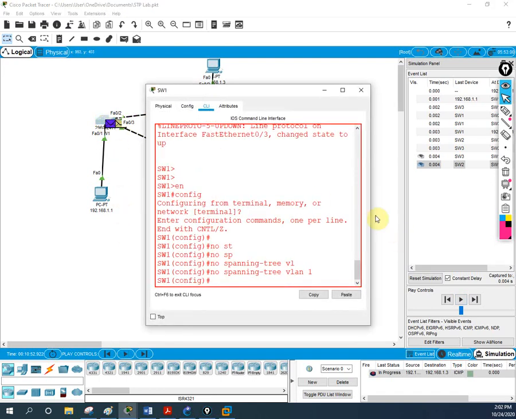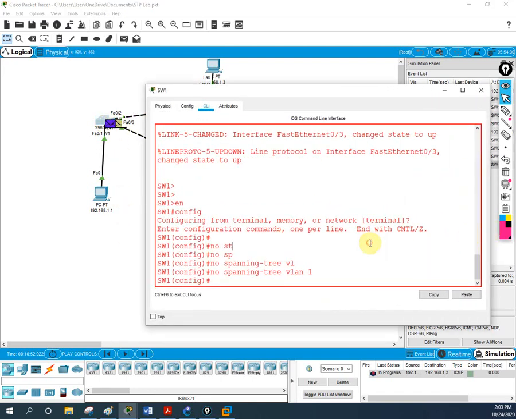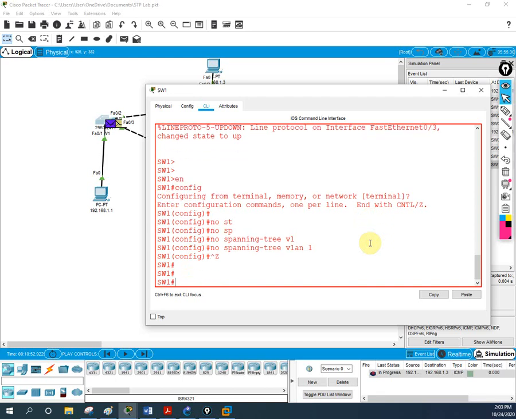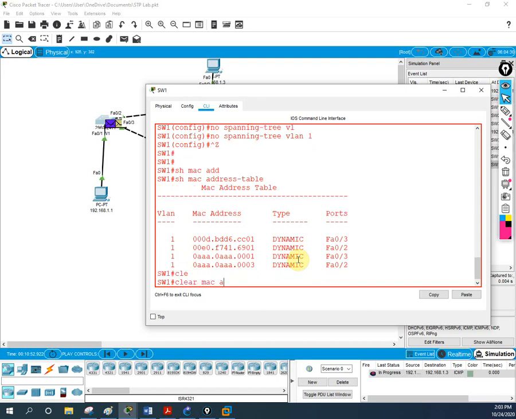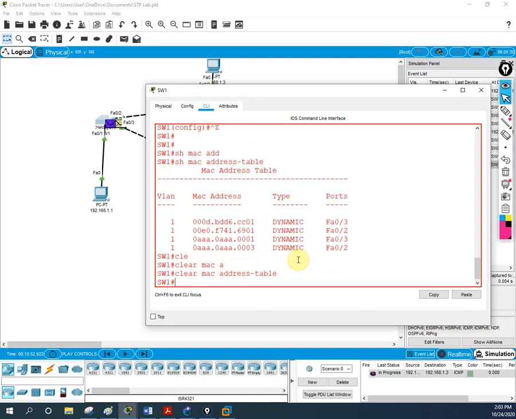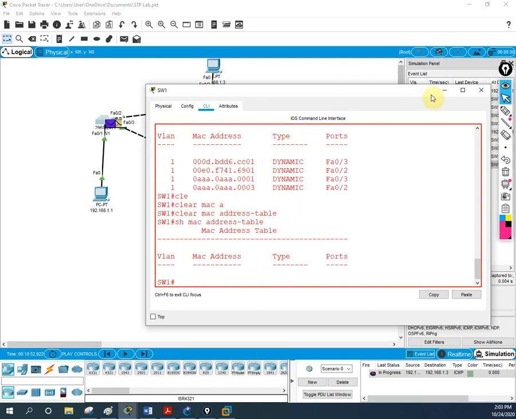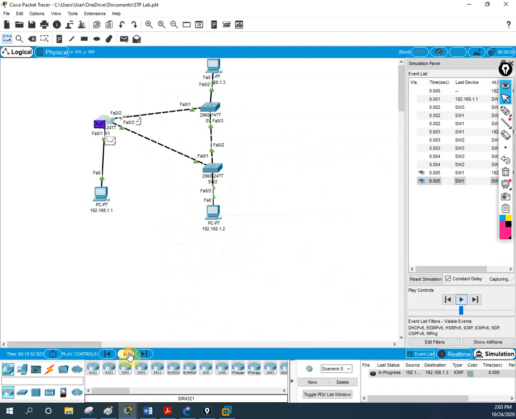If you go here in the switch also, we can verify. I will do here show MAC address table. If you see here, I have the MAC address table, this one AAA, 01 and 03. These two I think I did not change for this PC, that's why. Or maybe let me clear, let me write clear MAC address table. Okay, now let me see show MAC address table. I don't have any MAC entry now in this switch. Let me again play this one.